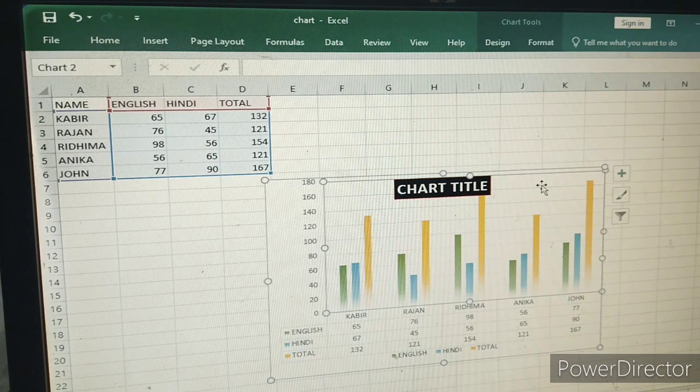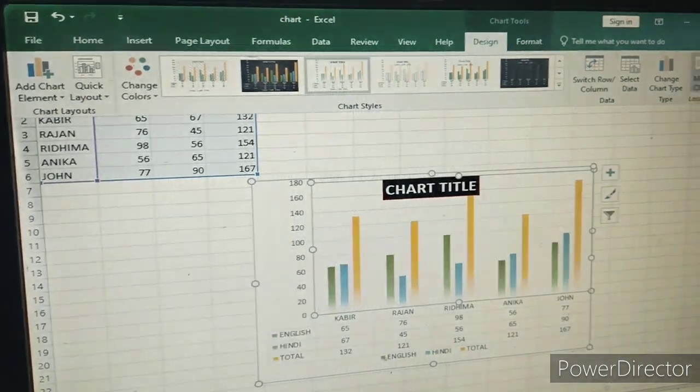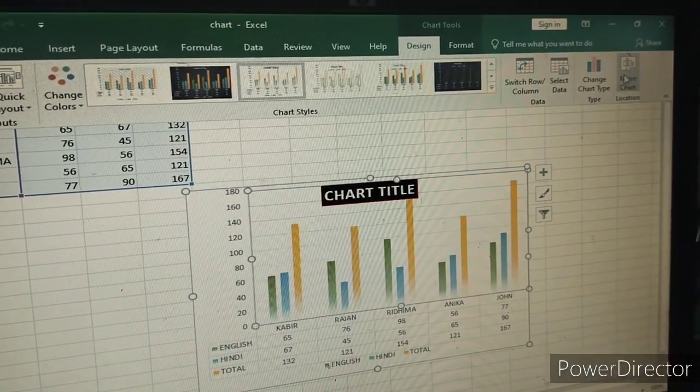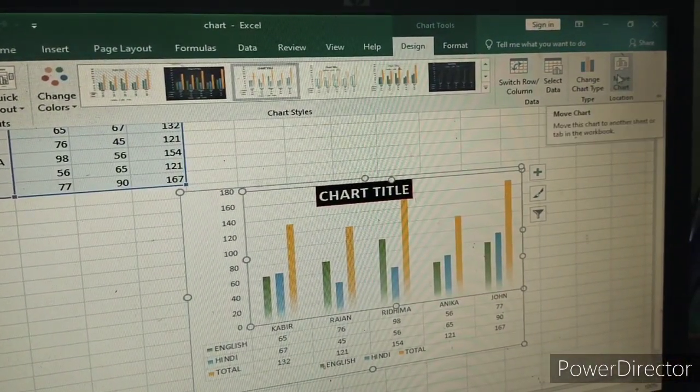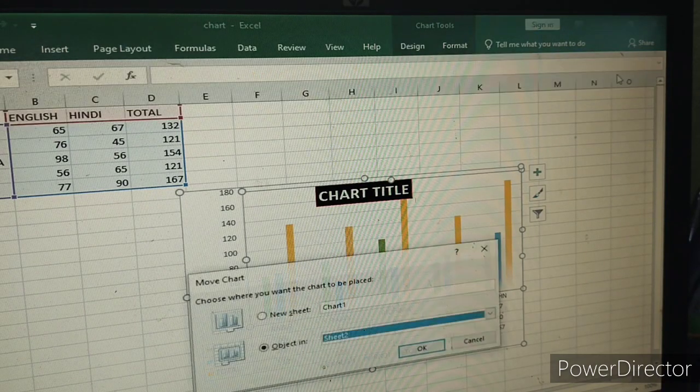Okay, then click on the Design tab. Now, in the Location group, click on the Move Chart option. Here, student, the Move Chart option is there. See here, Location group, Move Chart option. You have to select this option here.